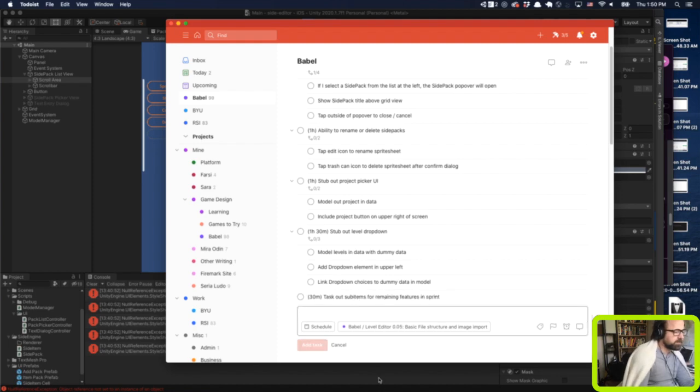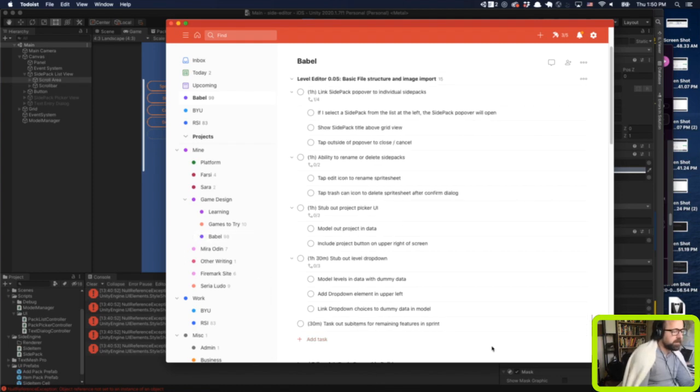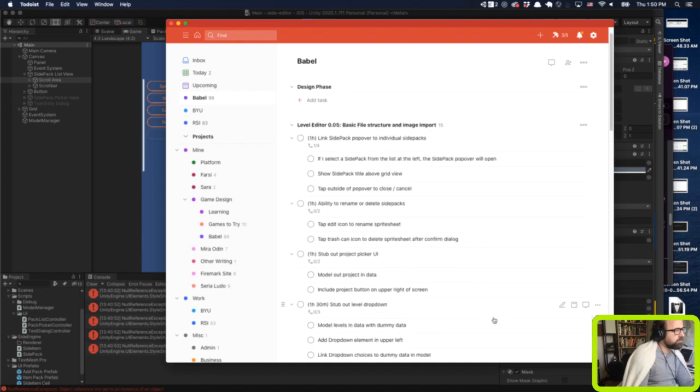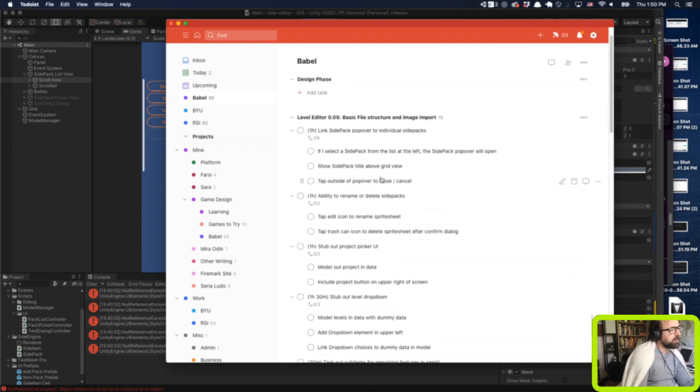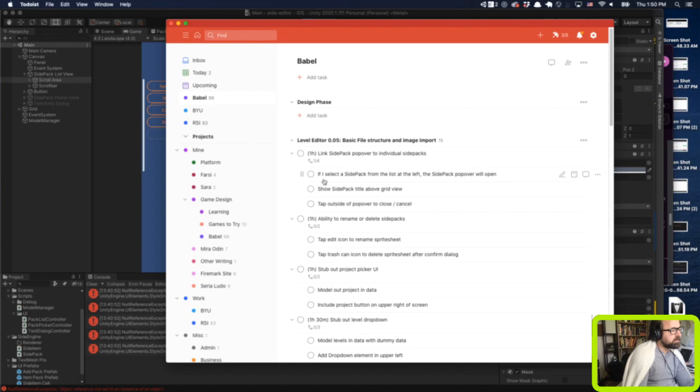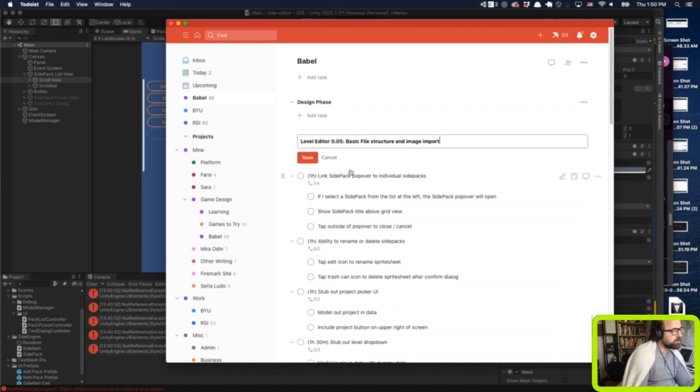sprint. Now, sprint is an agile term. There's a very formal, explicit way to do it, which is you take 2 weeks and you get X amount of tasks done, and then you review them at the end. I'm not treating it that strictly right now. I'm just saying this is a sprint, but this is actually too much. 0.05 is too much to put in one sprint. So I'm going to change this to 0.03,